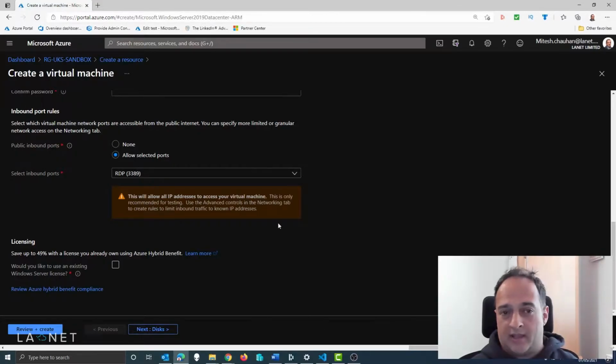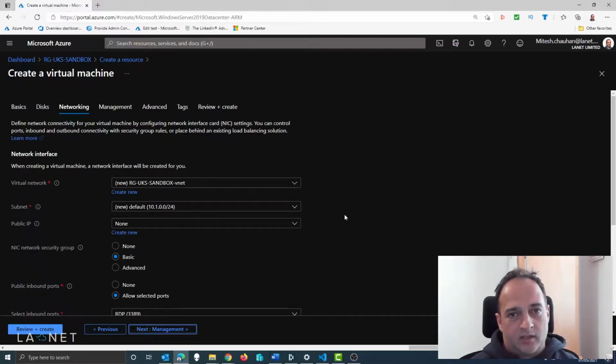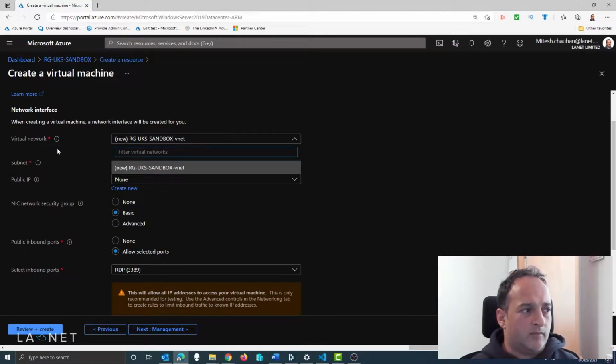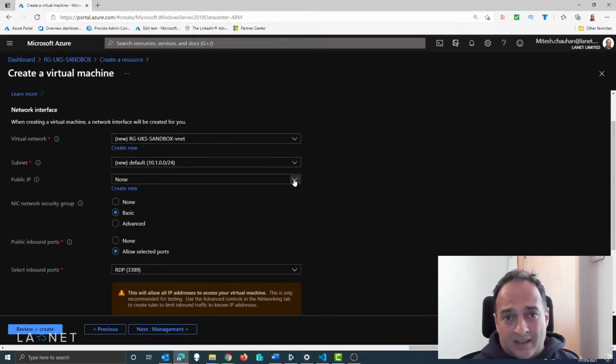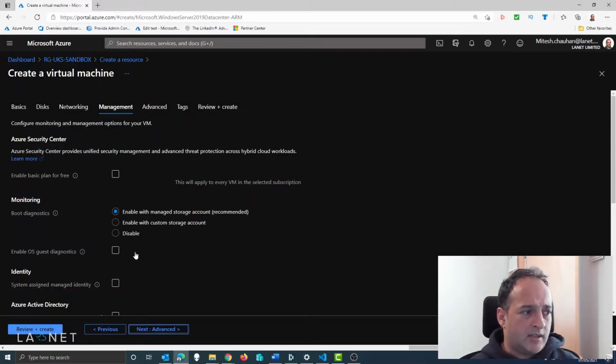So here we can allow public endpoints into our VM. What kind of disk? You'll see here the default is premium SSD. Now you may not want all your users to be using premium SSDs. Also, when it comes to networking, we've got decisions like which network do you want? So they've got to make sure they select the correct network. Otherwise, if they've got permissions, it will go and start creating new networks all over the shop. And what about NSGs? There's a lot of technical information in here that the users may not really care about, and therefore you end up with some defaults that you may not want. And again, there's lots of stuff in here.